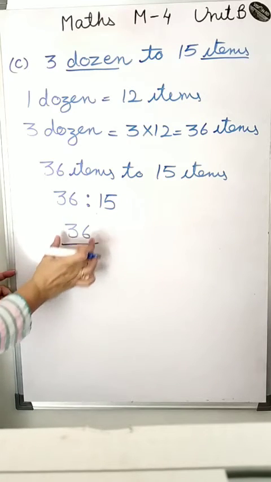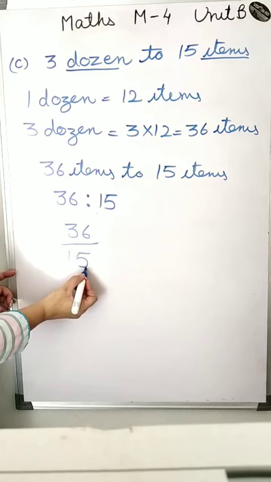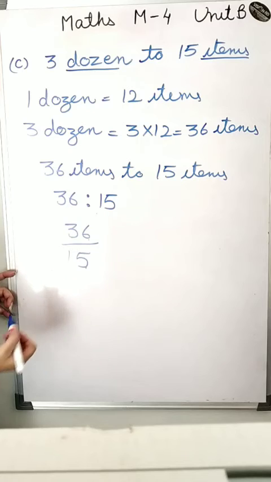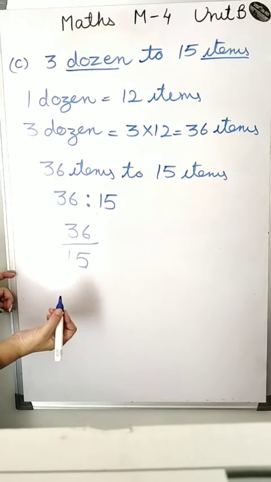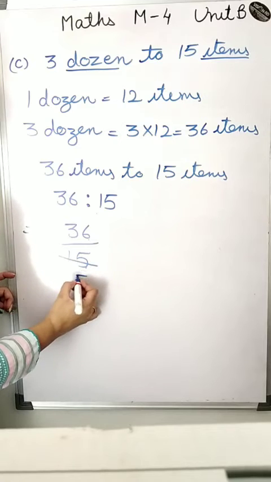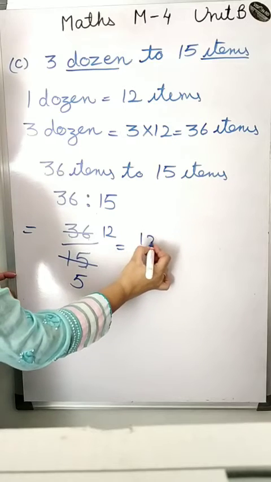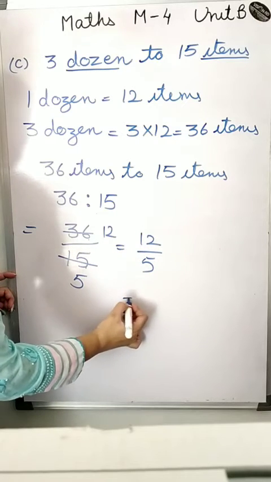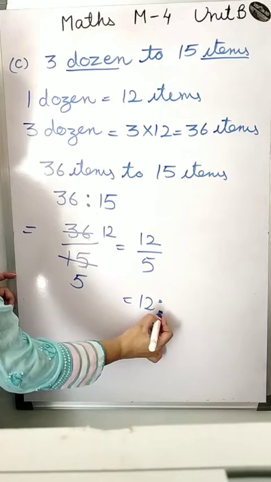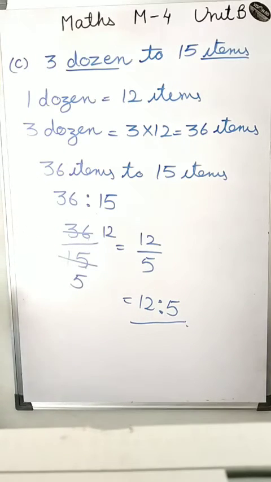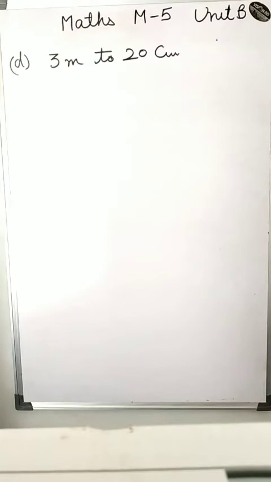These two numbers are, let's see, 1 plus 5 is 6 and 3 plus 6 is equal to 9. Means both of them are divisible by 3. So we can reduce it by 3. 3 5s are 15 and it is 12. So it is 12 upon 5. So the answer is 12 ratio 5. So this is the way to calculate this answer. Okay everyone?